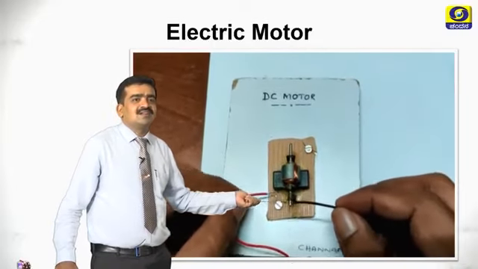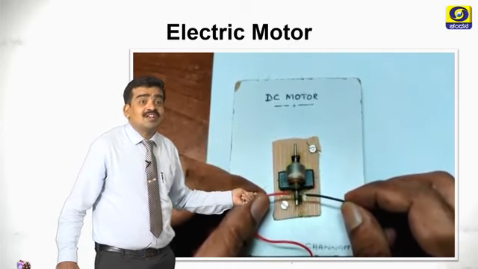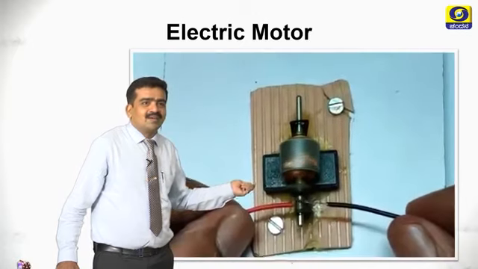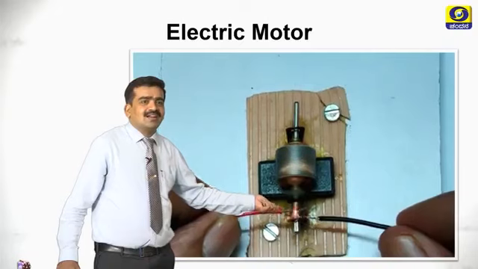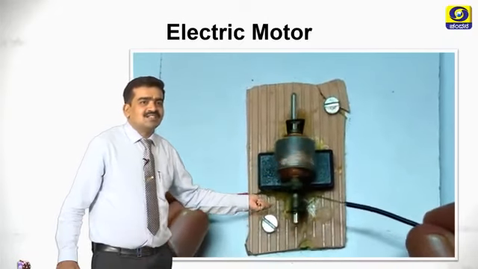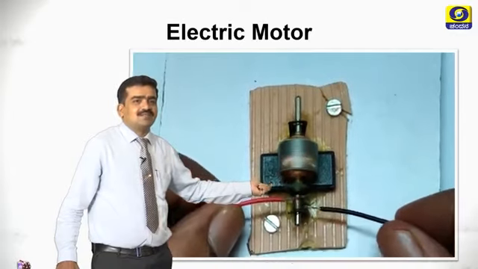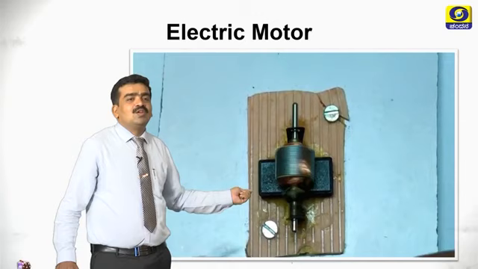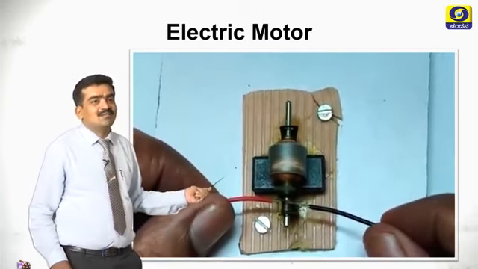See, this is another reassembled motor. It is taken out from a toy car. I have used a bar magnet below it. If I connect electric current like this, it will rotate. If you change the direction, it changes its direction of rotation. You can conduct all these things at home with the help of a small voltage like a 3 volt, 6 volt or 9 volt battery.